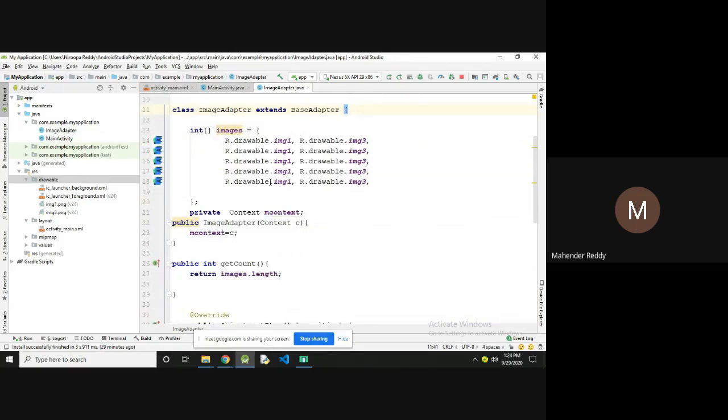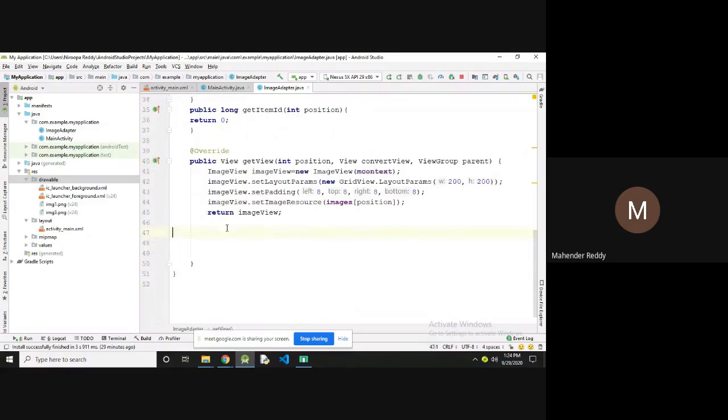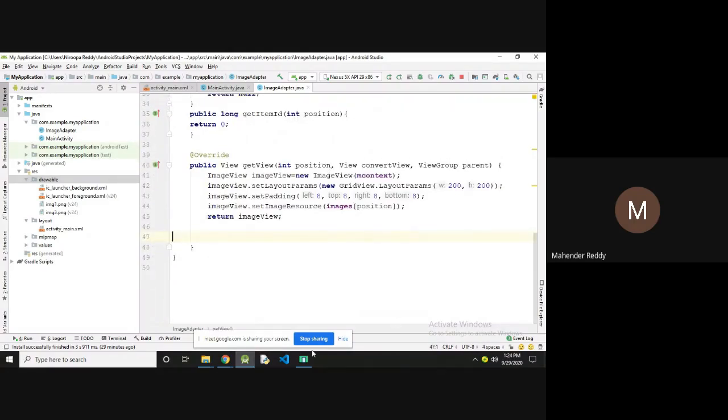Don't take a string. Now it is created, so I'm going to execute this one.